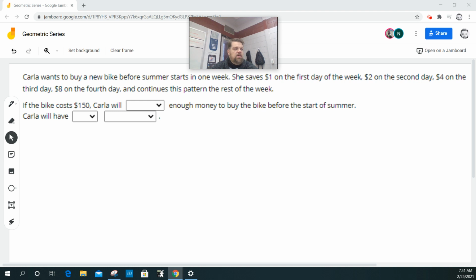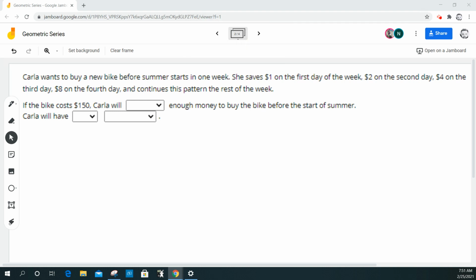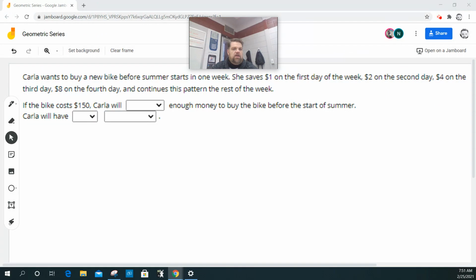All right, so Carla wants to buy a bike. Okay, Carla wants to buy a brand new bike for summer, and summer starts in a week. She saves $1 on the first day, then $2 on the second day, $4 on the third day, $8 on the fourth day, and this pattern continues for the rest of the week. If the bike costs $150,